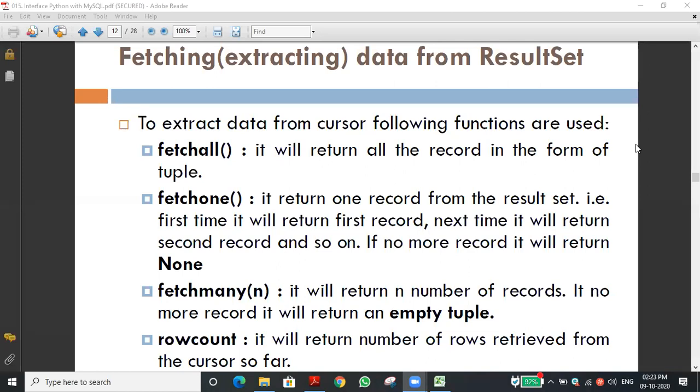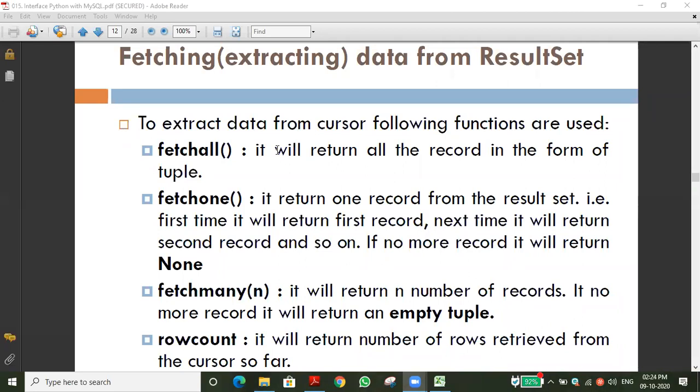Then the fetchone function will return the first record of the table, sir. And next time if we run it, then the next line will come. At last, if the records are over and there are no more records, it will return None. Very good. So whenever we call the fetchone function, the first time it will fetch the first record which is in the SQL table.